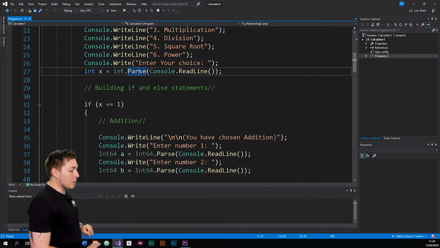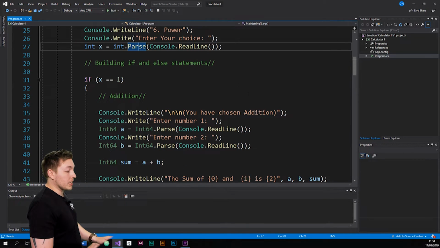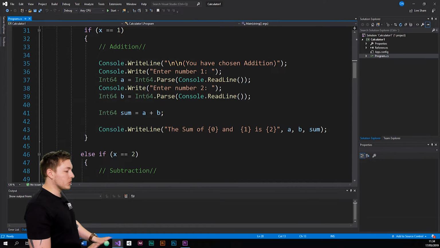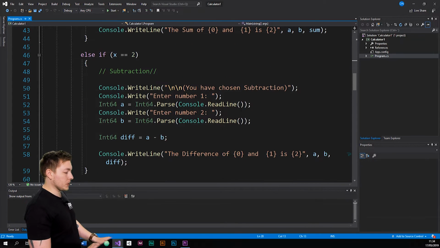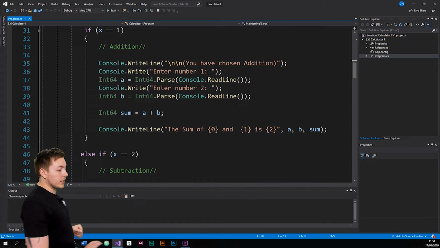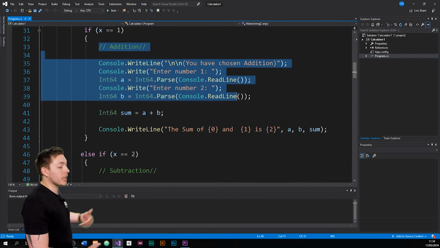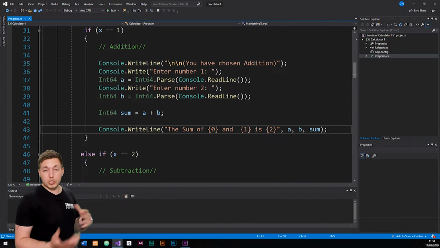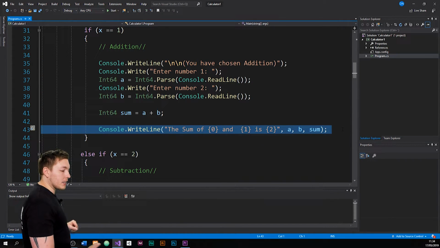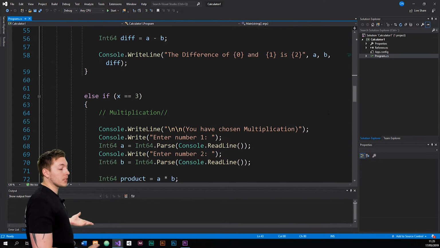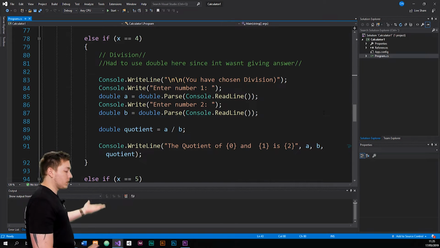So having followed my lessons, this is exactly the way that he should have been doing it. Then afterwards, we go ahead and do a bunch of if and else statements, which is going to check for certain data. Depending on the data, let's say you chose addition, it is going to go ahead and actually run the calculation and then spit it out inside a WriteLine, which is what we saw inside the console. And the way it looks, we also have one for subtraction, multiplication, division,